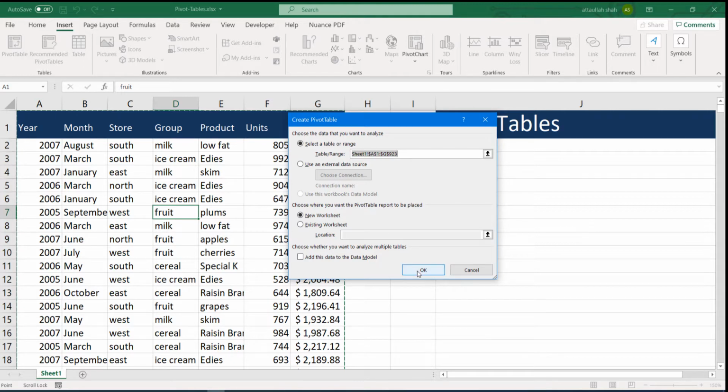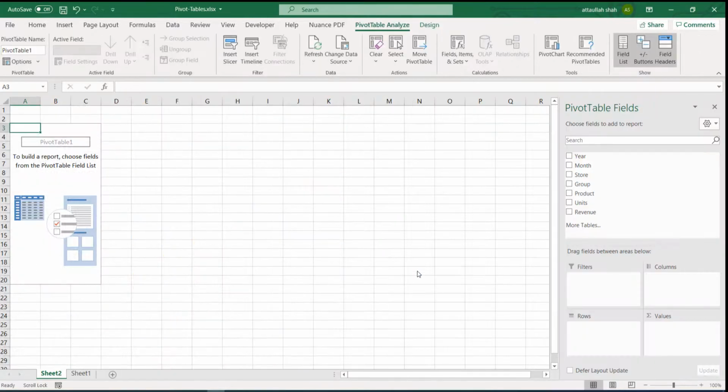It brings up this empty report structure. Now in each table we have 3 specific elements. One is the top of the table, the columns, one is the left of the table, that are rows, and the third one is the values of the table.